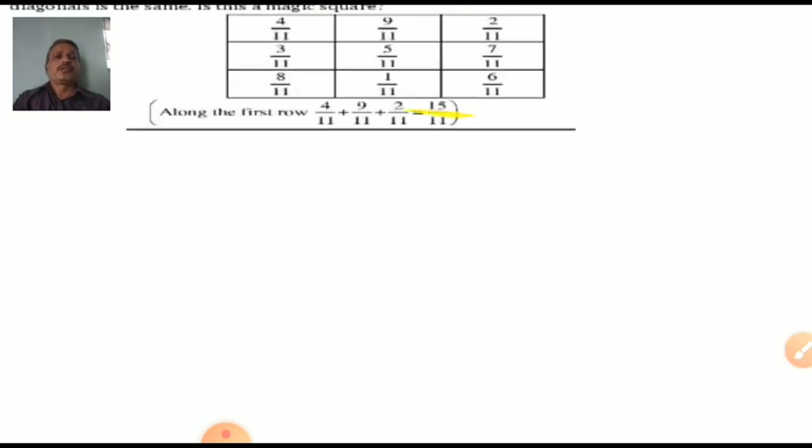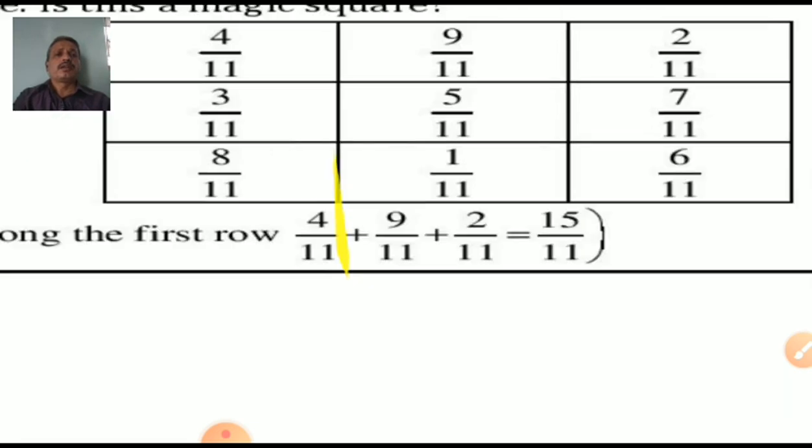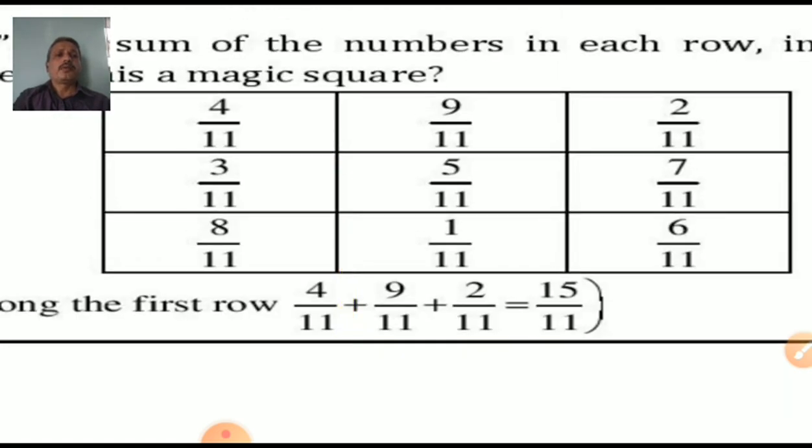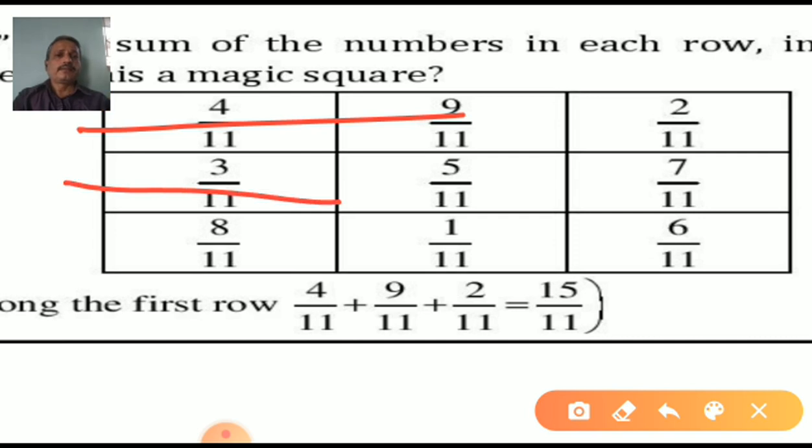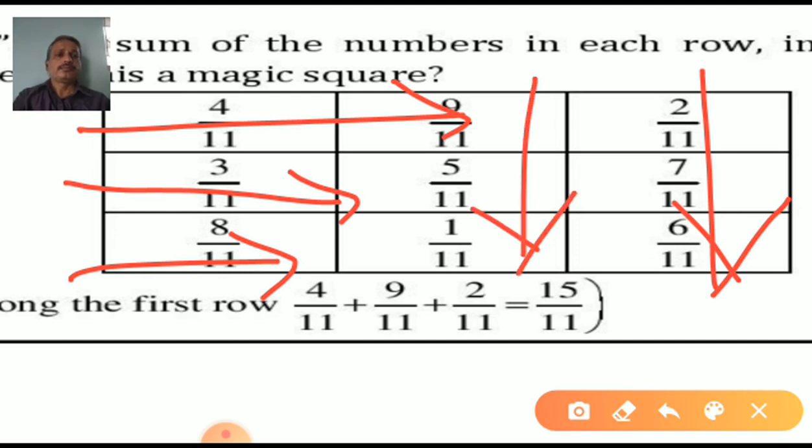Very good question here, student. One box is given. We will discuss here and find out if this is a magic square. We have to add all the three numbers row wise. This is the row, and after that we have to check column wise also. Yes, row and column you understood.